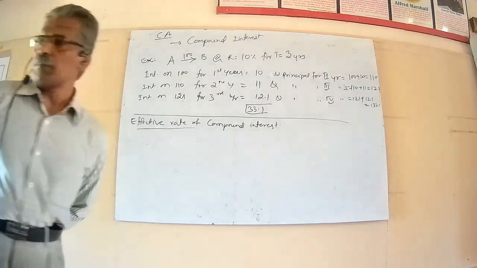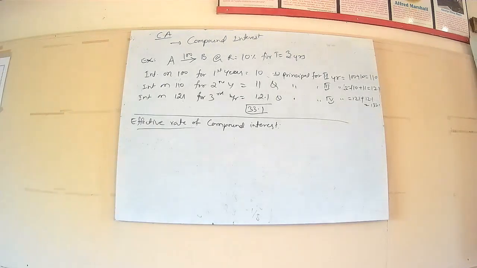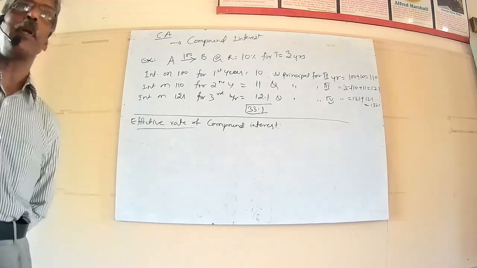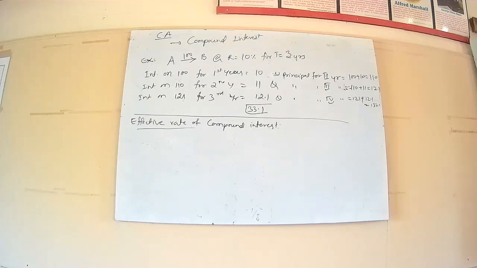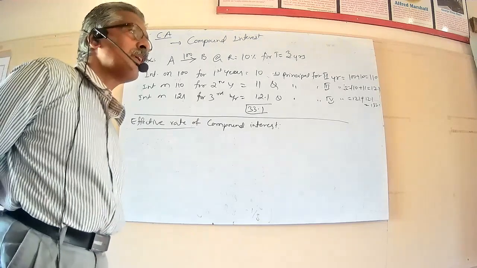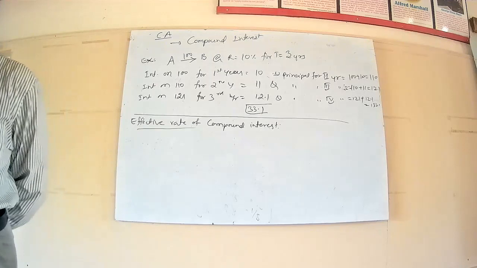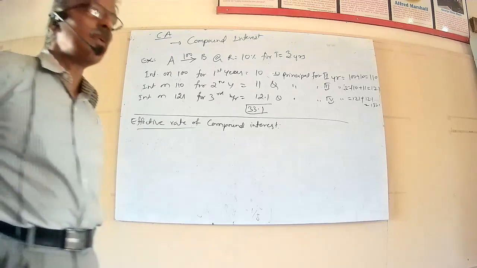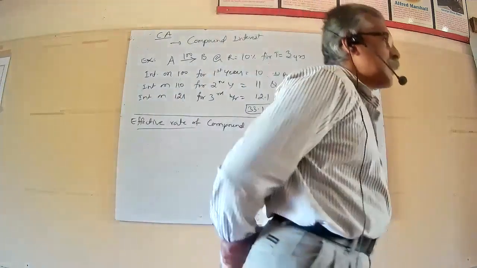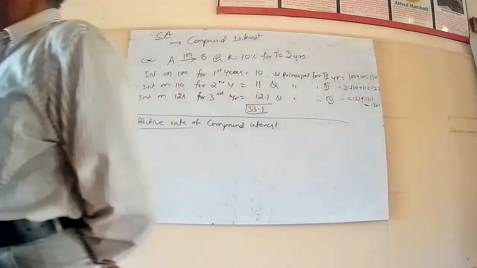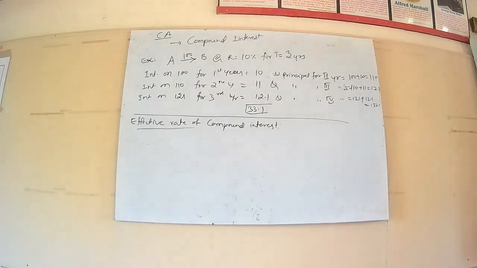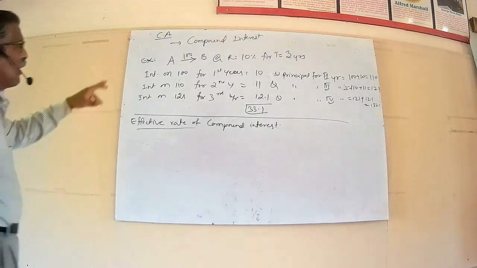So the compound interest, whenever the interest at the end of each fixed period is added to the principal, and the amount thus obtained is taken as principal sum for the next period. Such interest is called the compound interest. I can explain more clearly by taking up an example.